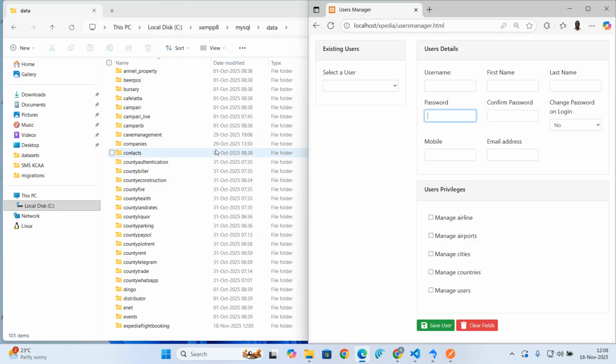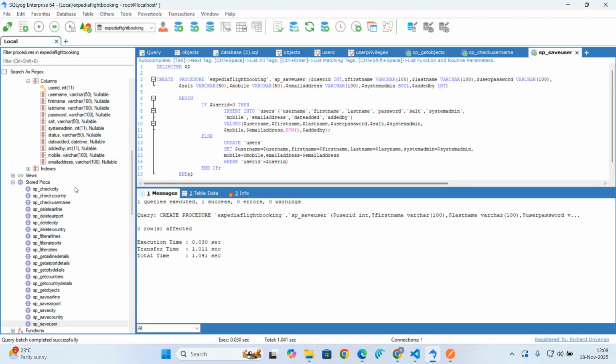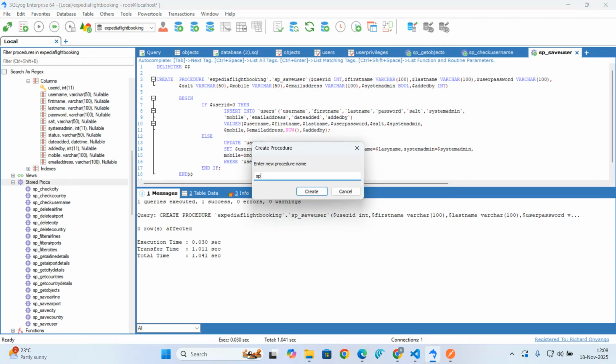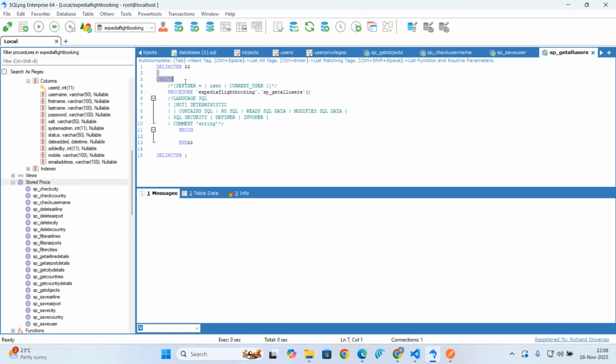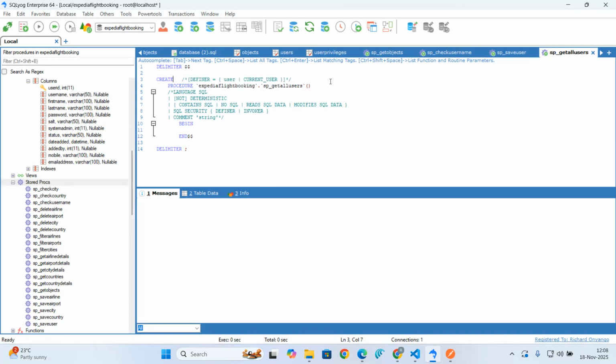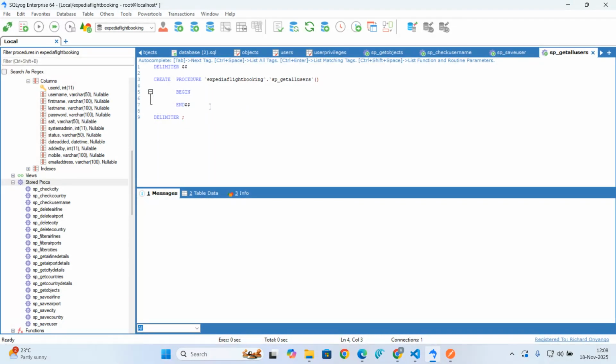So get all users. We're just going to come back to this database again. Right click, create a new stored procedure, sp get all users, like that. Again, get all users doesn't have any parameters, so just remove these comments. So here what you're going to say is select u.all fields. Then I'm going to concatenate added by dot first name and a space and added by dot last name as added by name